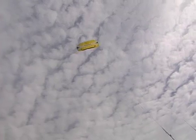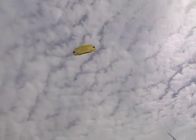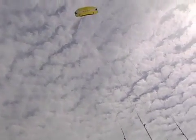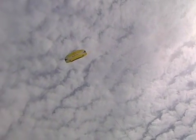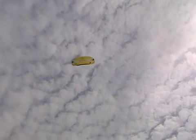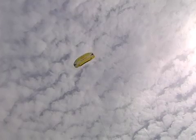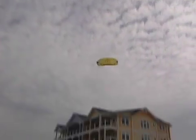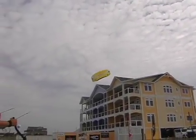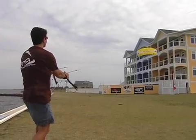What makes the Beamer great is that it's so easy to fly. You can use it for all kinds of traction, for buggying, for scudding, getting dragged around, just recreational flying. If the wind is light, kite doesn't pull that bad. But as you can see here, once the wind started hitting 15 or 20 with a 3-meter Beamer, there's enough to pull you around. I like how you can just kind of hover it in the window. Push with your thumbs and the kite will sink out of the sky